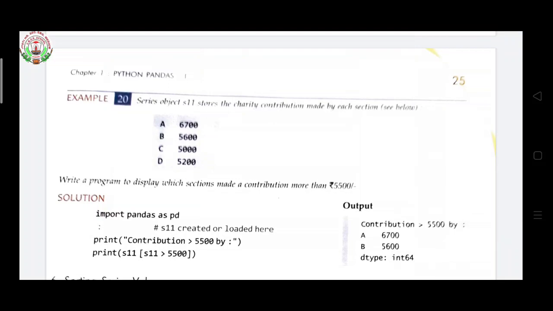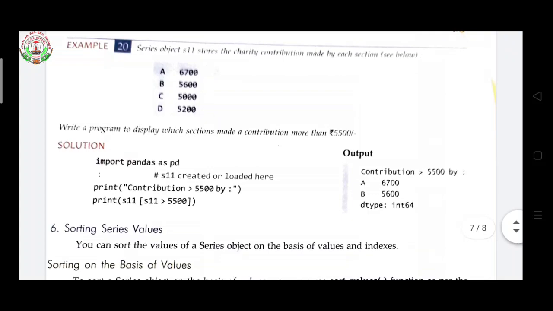Another example: series object S11 stores charity contributions. A, B, C, D values are given. Write a program to display which sections made a contribution of more than 5,500. Now see, import pandas as pd. S11 is created here. This is a comment.